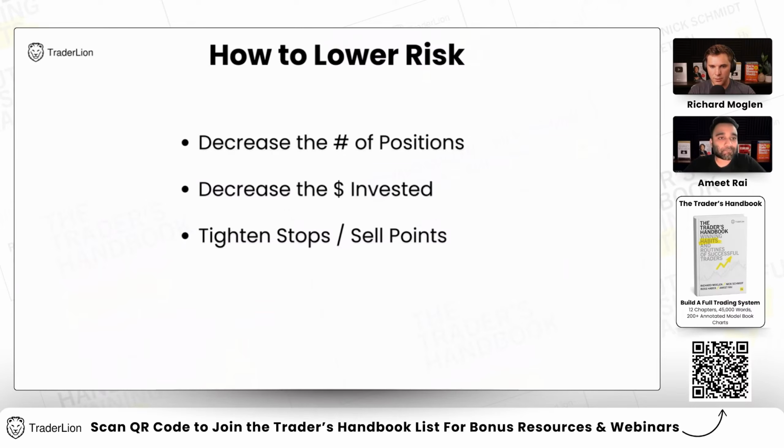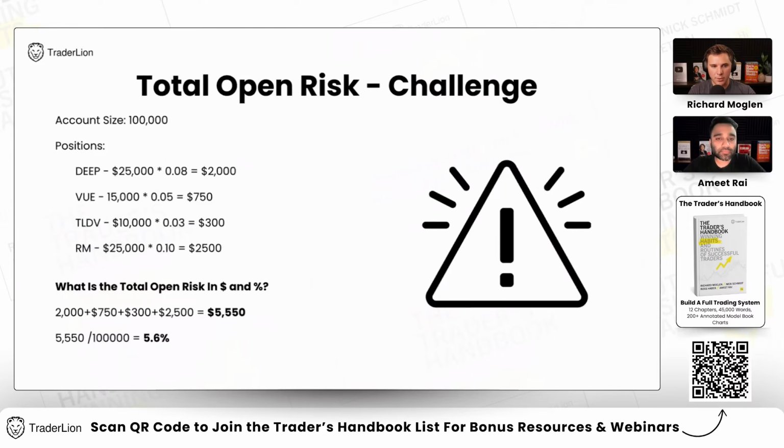Yep, perfect. And I want to go back to the example for just a second because somebody pointed out you're not completely invested here. But the key thing is that that doesn't matter for calculating your total open risk. So this account has 100K. These added up are only 75K. But that doesn't change how much total open risk you have, because it's not based on how much you have invested. It's just based on how much you have at risk compared to your total account value, not what you have total invested. So just want to clarify that point there.